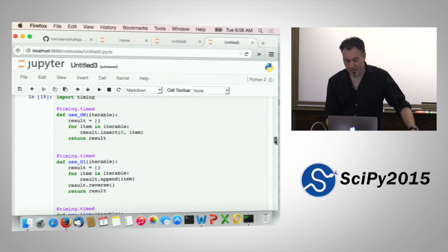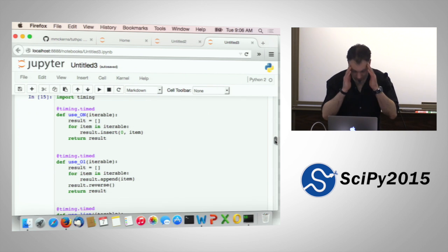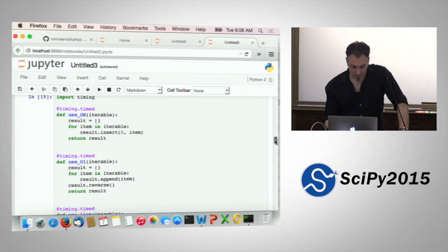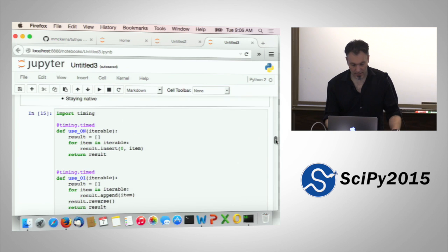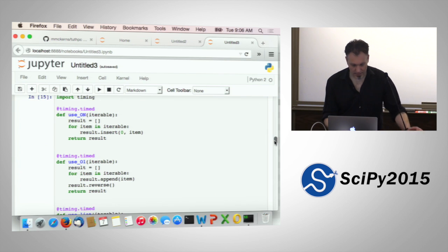So here there's the case of, let's see, there's a list, right? We have some iterable coming in. We're doing a for loop over the iterable, and we're doing an insert. The same thing, an iterable coming in. We're doing a loop over the iterable, and we're doing an append. So they're two slightly different operations. Both of them are Python built-ins, right? The difference is